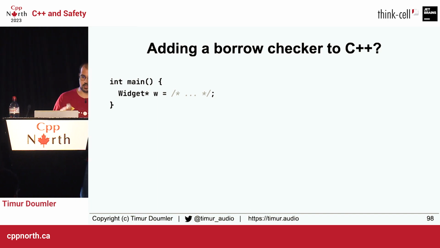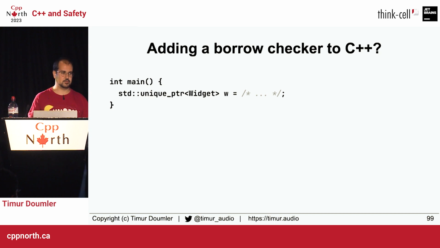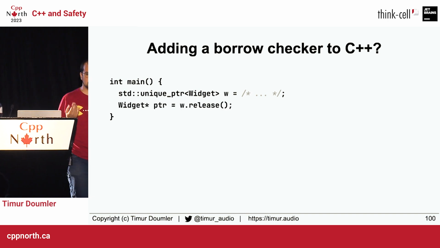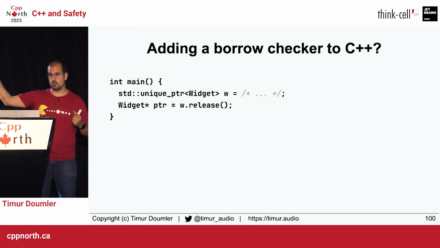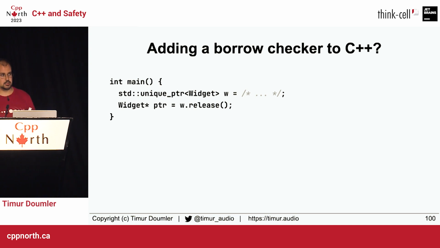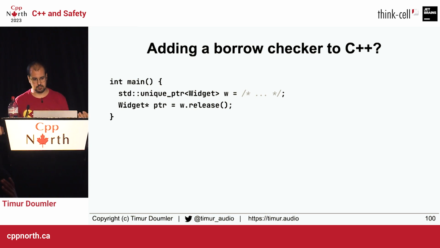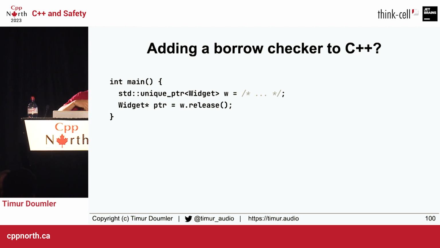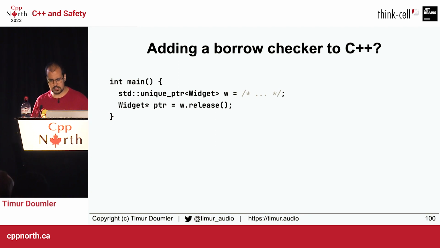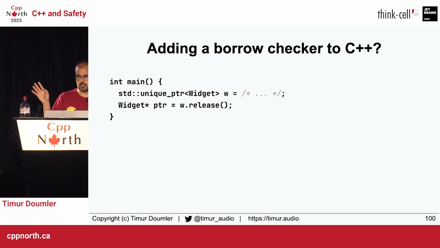So you want to make it safe, so we can use a unique pointer instead. And that's great, because if you use a unique pointer, you always know that the object is within its lifetime. So that's safe, that's good, right? But unique pointer has methods like get or release, right? And if you call release or get, it gives you a raw pointer. And then you have the raw pointer, and then, if you have a bug, you might end up with a dangling pointer, so you have all of these safety problems again. So you could say, well, let's just remove these functions, right? Let's just have a unique pointer that doesn't have get and doesn't have release, right? But it doesn't really work because